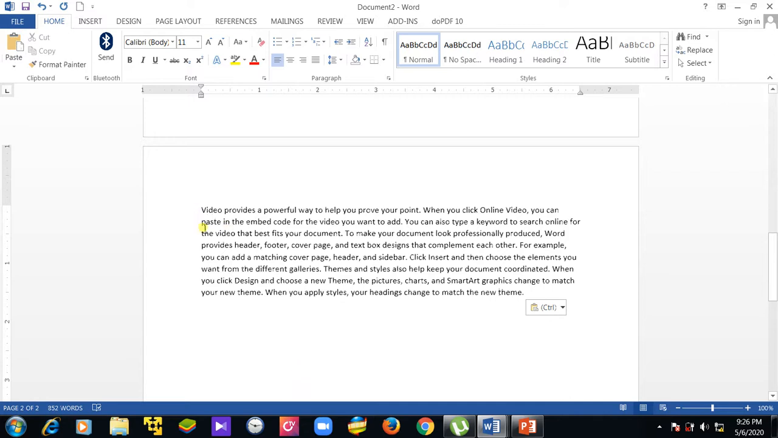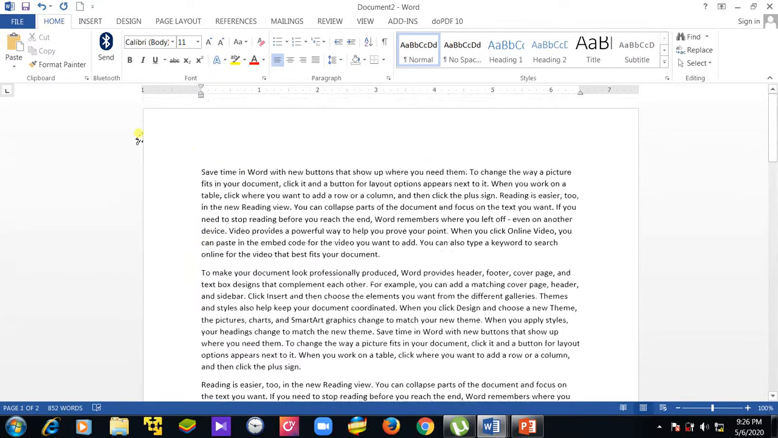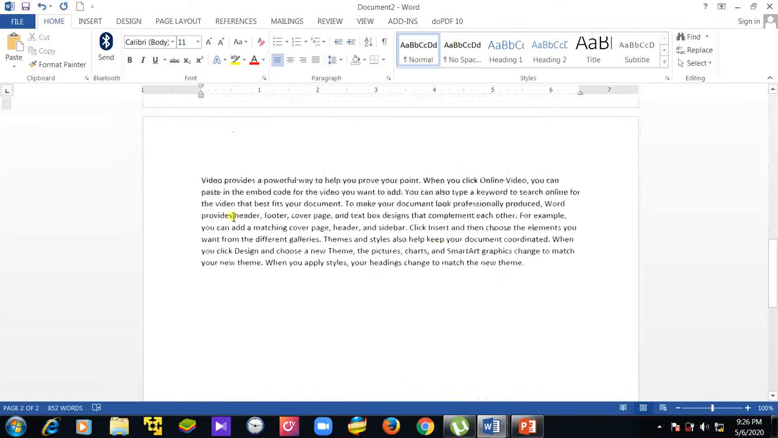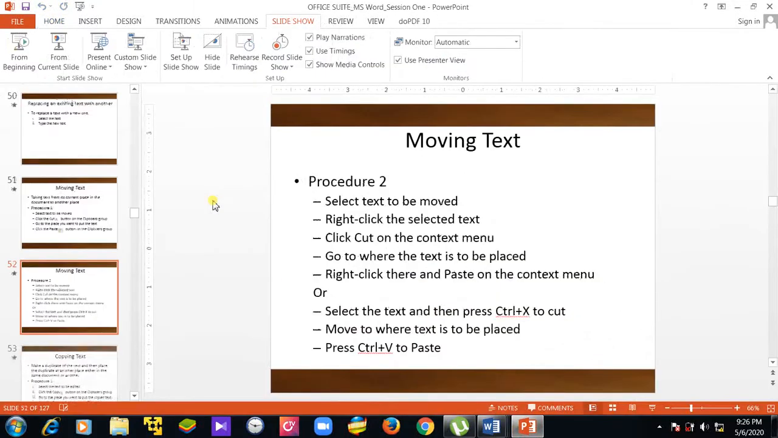Now you notice the text is moved from this space here, which was the first paragraph, and we have moved it for it to become the last paragraph. That is how we move text. One way of moving text. Another way